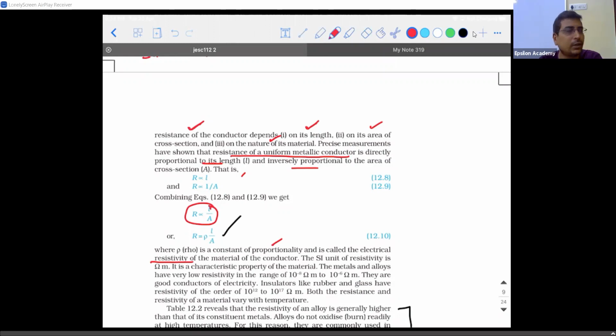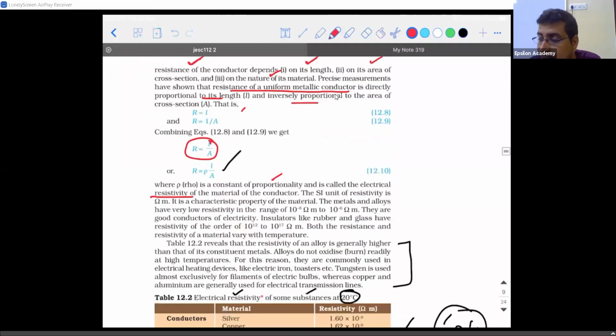Okay. So what I'm trying to say, see, if you take an electrolyte, the electrolyte has an important property called conductivity, means how easily the ions can move within an electrolyte. Okay, if you are able to calculate the conductivity and take the reciprocal of it, that's what we call resistivity. If you are able to calculate the conductance and take the reciprocal of it, that's what we call resistance. Okay, so they both are slightly different. Why they are different, you can understand it from the units as well.